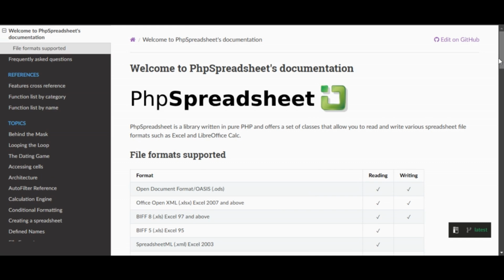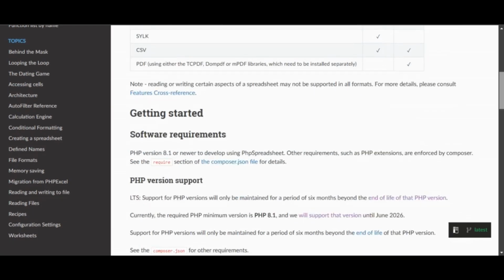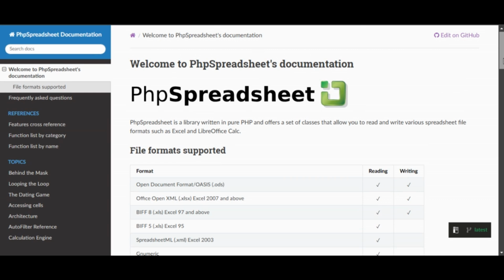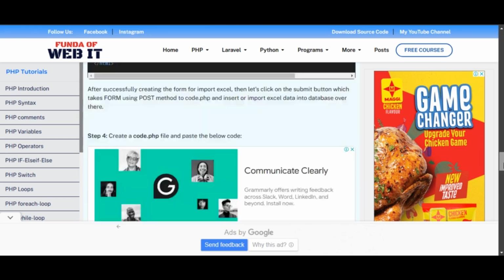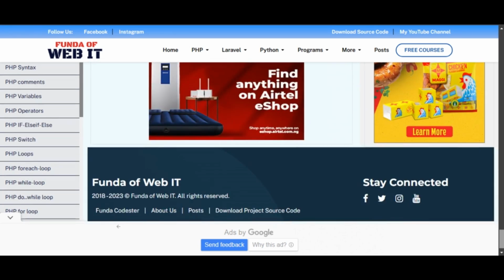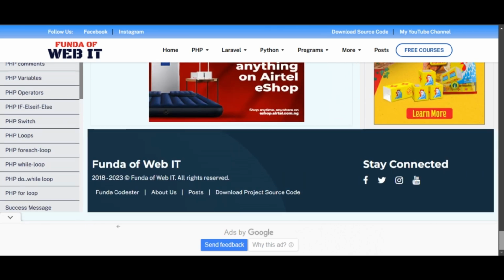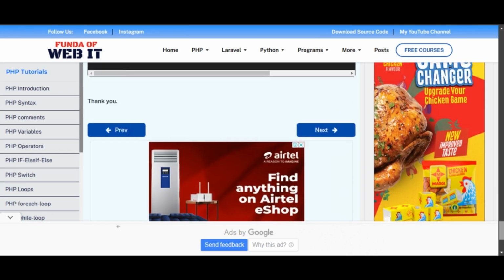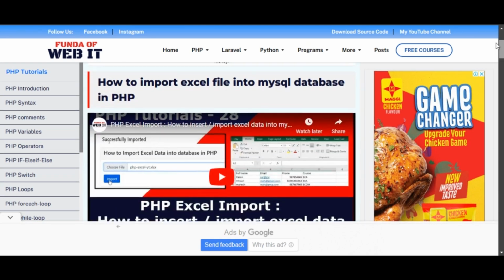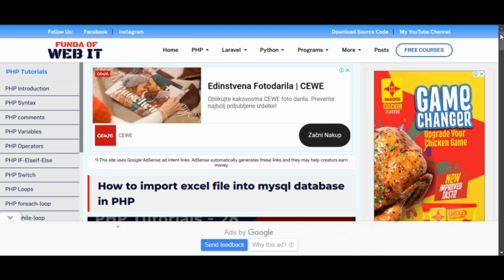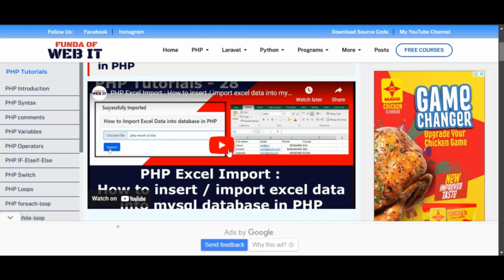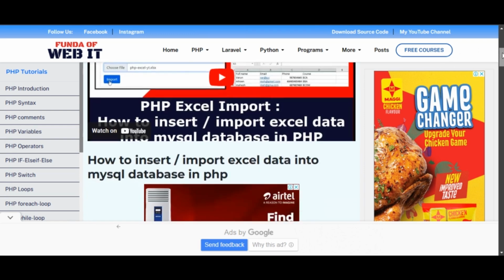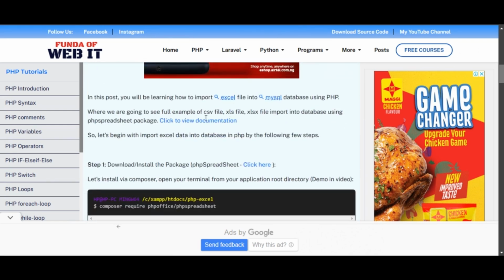phpMyAdmin, I came across this documentation, and it was actually made known to me by another developer called Founder of Web IT. I believe that should be his name. So credit to Founder of Web IT for making this plugin known. As you can see from here, this is his YouTube video, and from here he began explaining